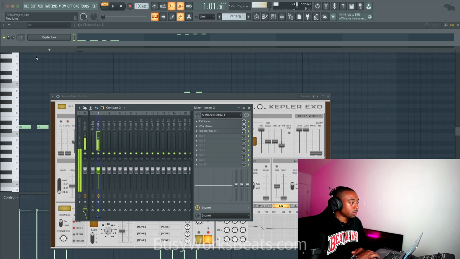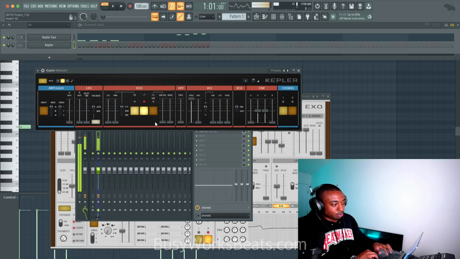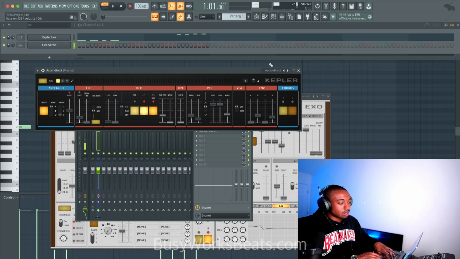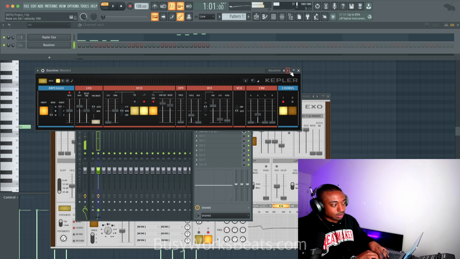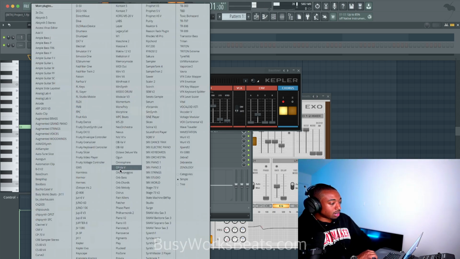So for those who don't know, the first Kepler was like the Juno, if I'm not mistaken, and it looked pretty simple. And the main thing was the chorus. Okay, so it's like a retro synth and it's based around synth wave type sounds. So super 80s synth right here. It was just built to be an 80s synth. Now they've made a bigger version called Kepler XO.